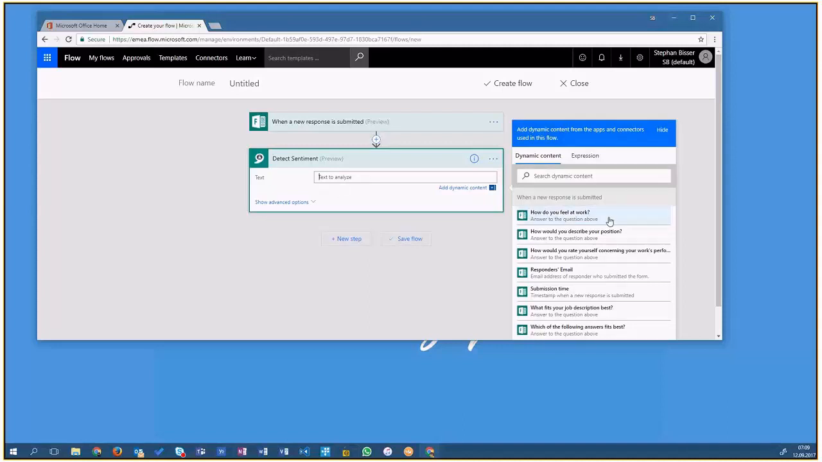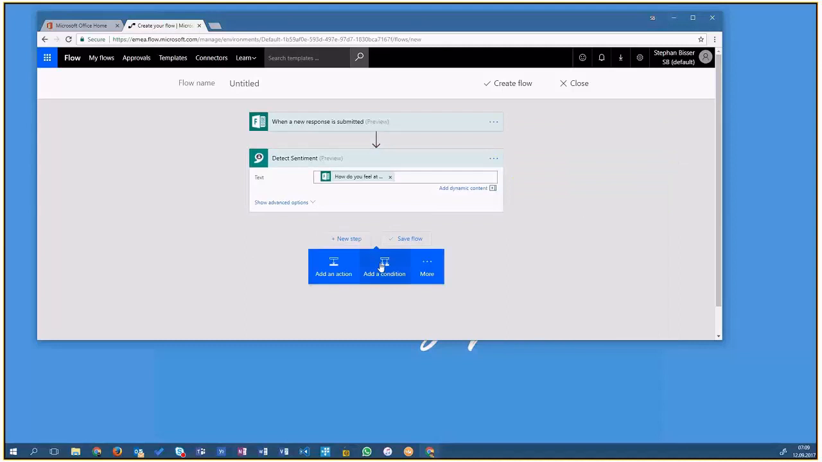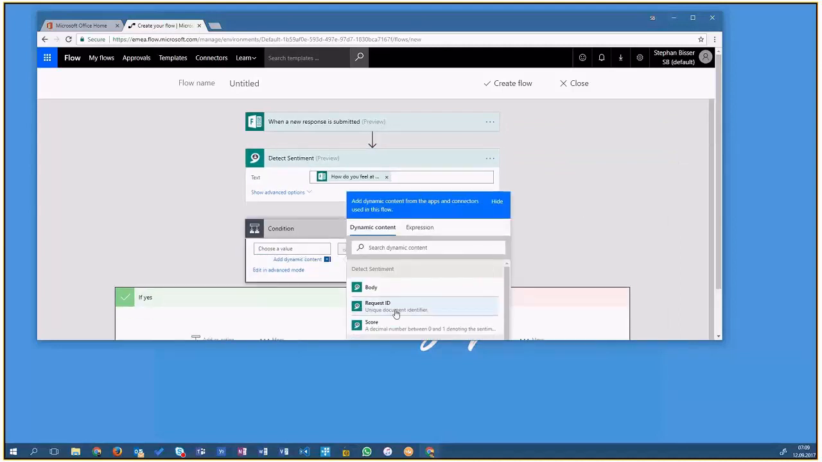And I guess the best text which could be analyzed is the feelings of the user who's responded to our survey. So we'll pick how do you feel at work, and then we'll basically add a condition and check for the score of the sentiment detection analysis. The sentiment detection analysis works that way that it detects the score of each analyzed text phrase, which could be between 0 and 1, where 0 is rather bad and 1 is rather good. So we'll take the score,